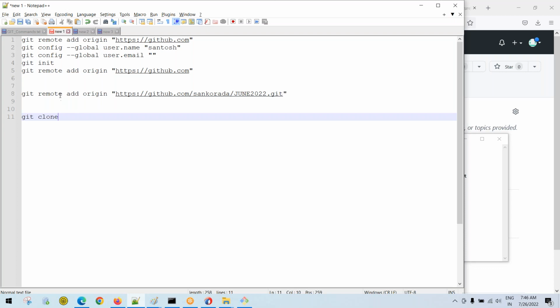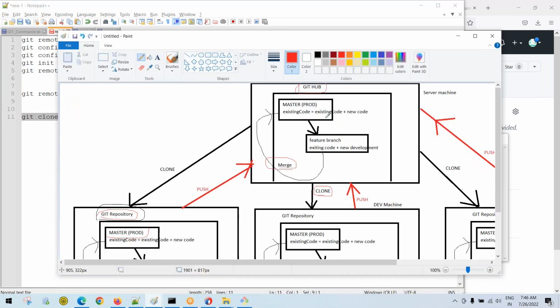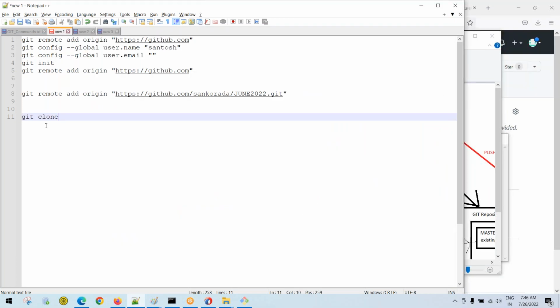Okay, guys, what I'm doing is I'm using a wrong command. I don't want to use a remote add command. I want to use git clone. We thought of using git clone, right? That's what our discussion was. We want to perform a git clone operation. So I was using a wrong command. Now use git clone and the endpoint of the Git,